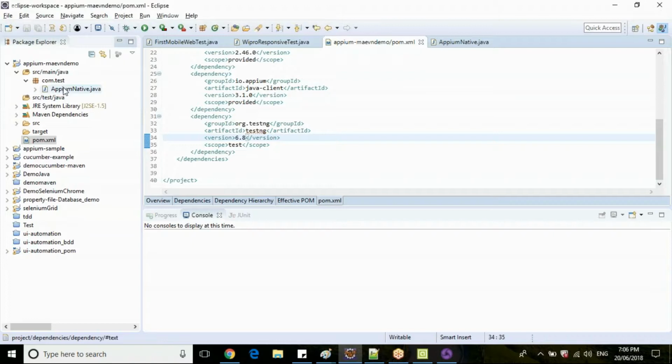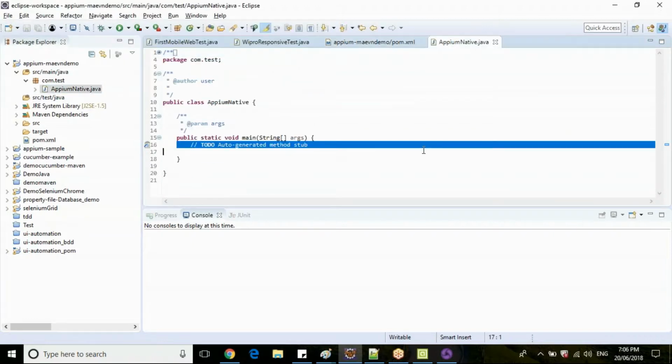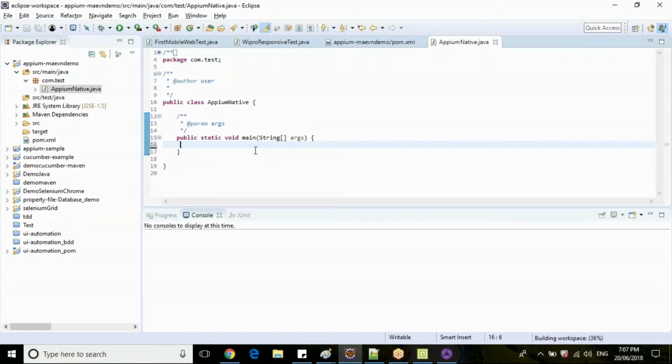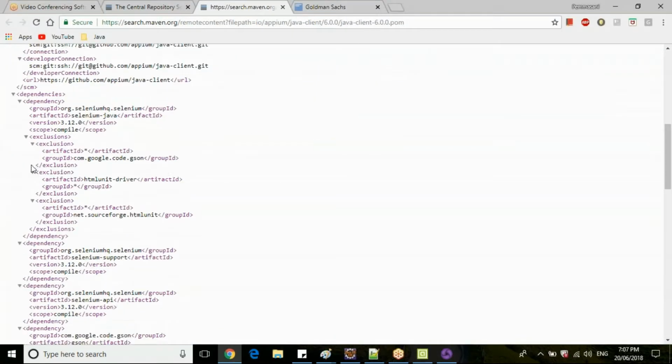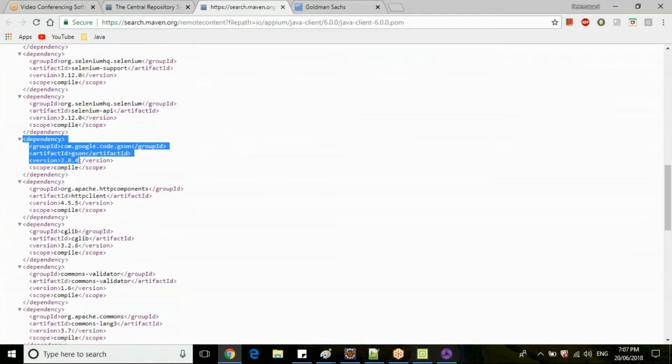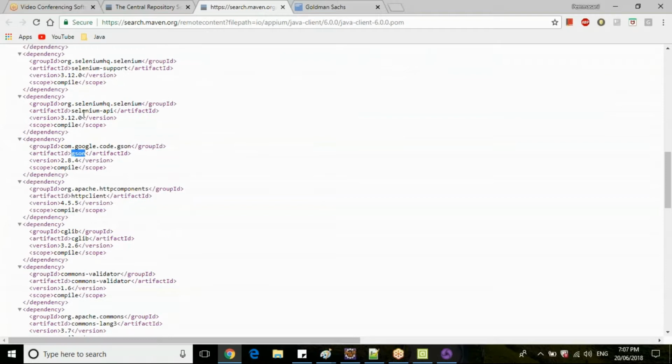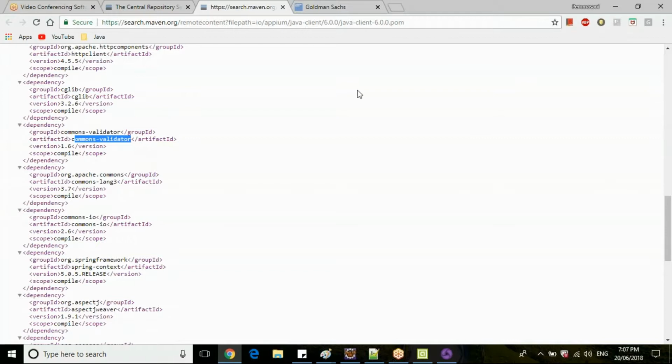Okay. So let's create a simple Java class here. Scope means, if you see here the official jar file, we are giving a lot of dependencies here: Google JSON dependency, Selenium API dependency, HTTP client, C library, common validator.